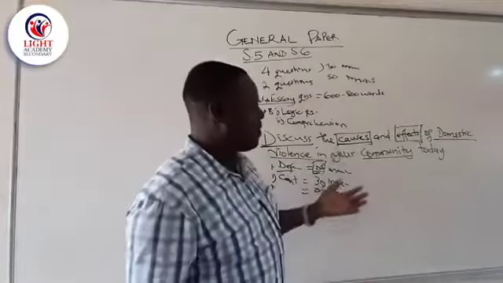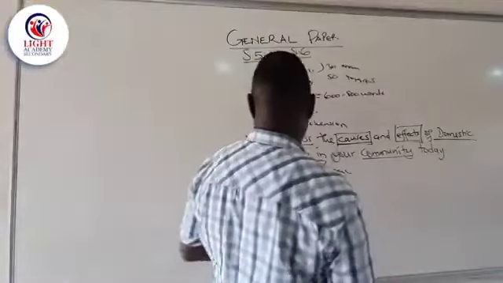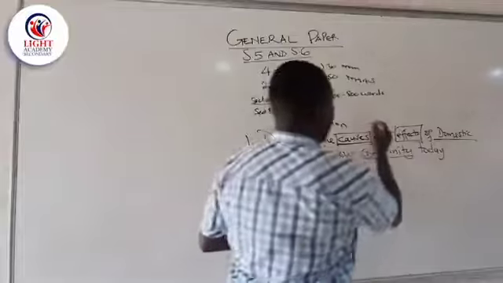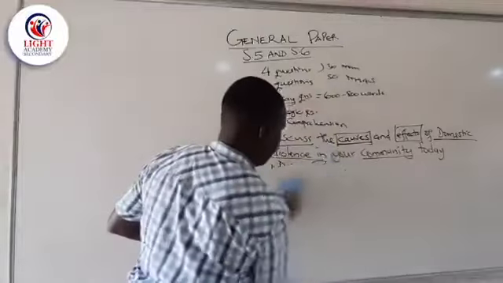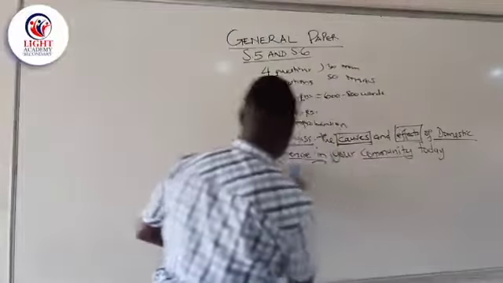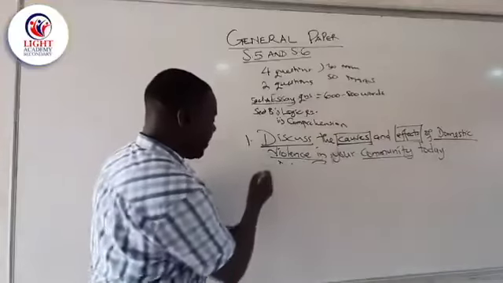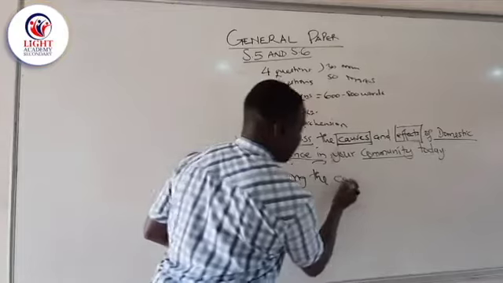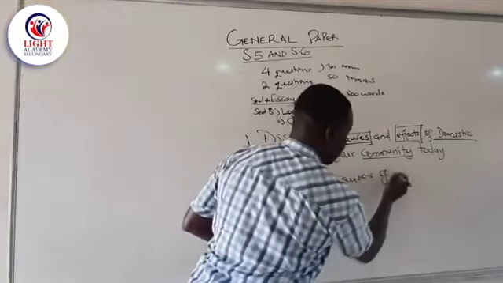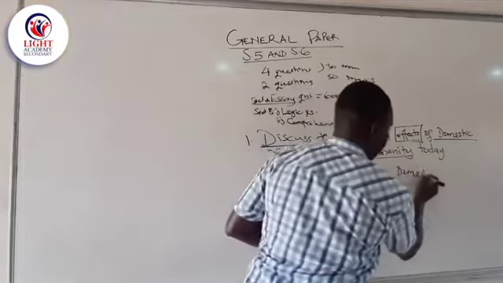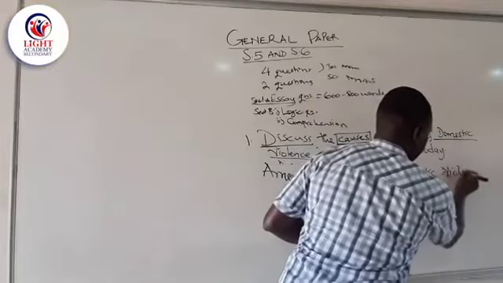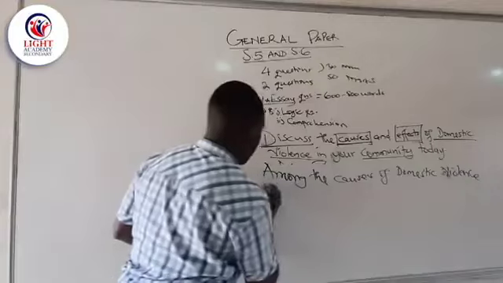Among them, we can talk of, for example, one. We can say that among the causes of domestic violence include,